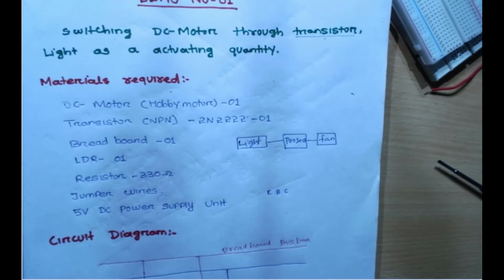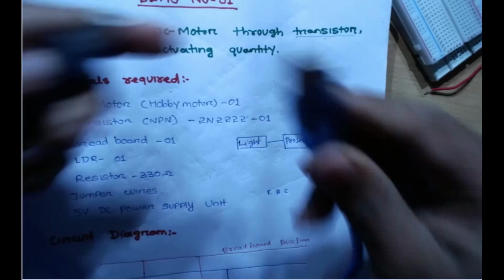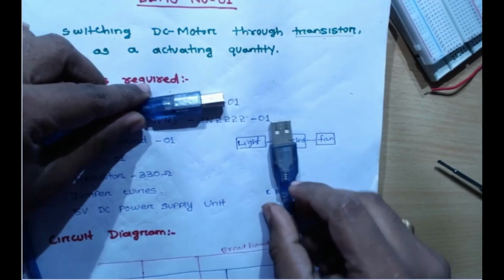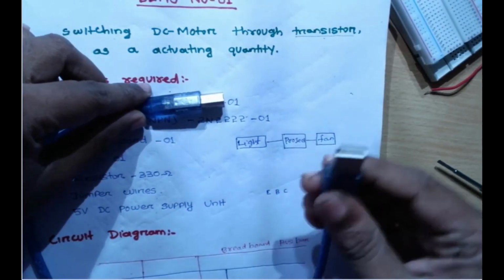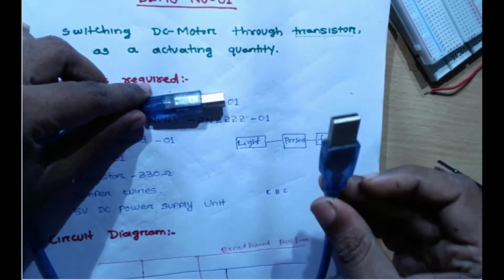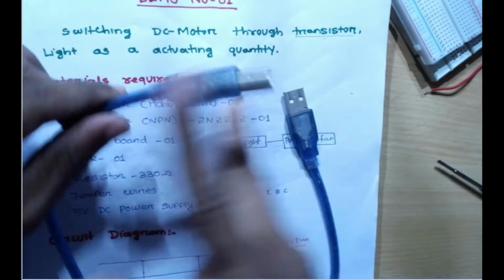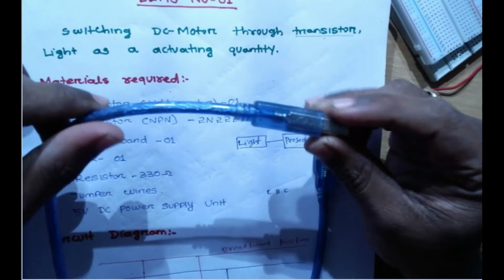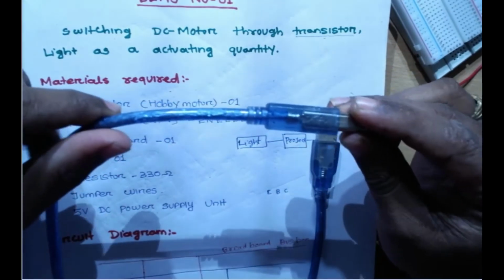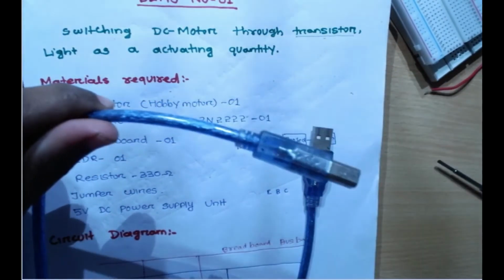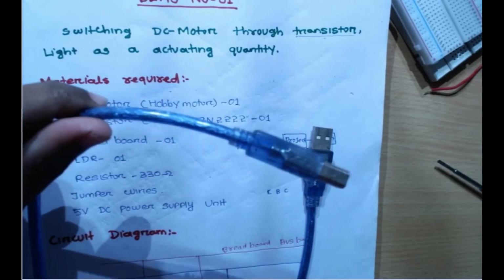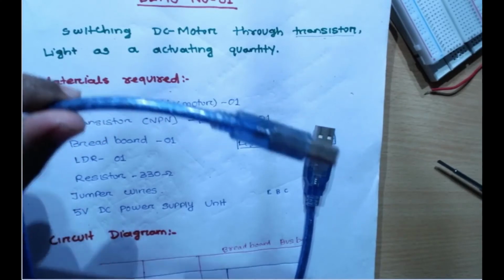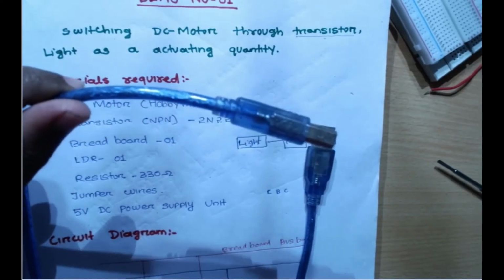Suppose I have this cable. What will I do? I will collect 5 volt from the charger itself. I will terminate it. I cut it, and you will get one red and one black wire, and from there you can get 5 volt. You can see it from the output of a charger itself. Just go and see your charger adapter. You can get knowledge after that.